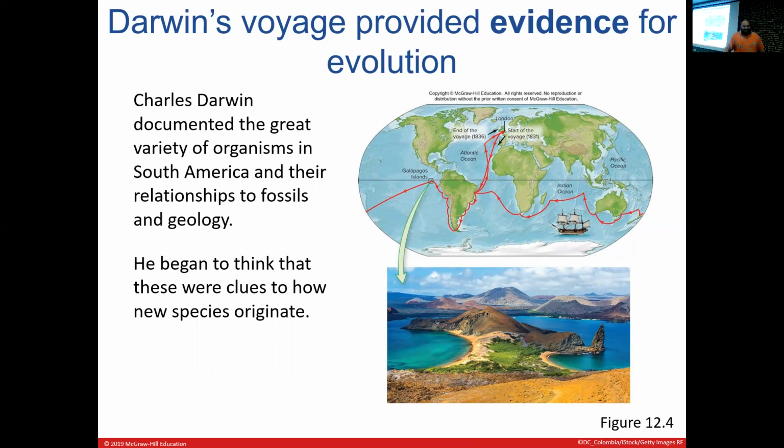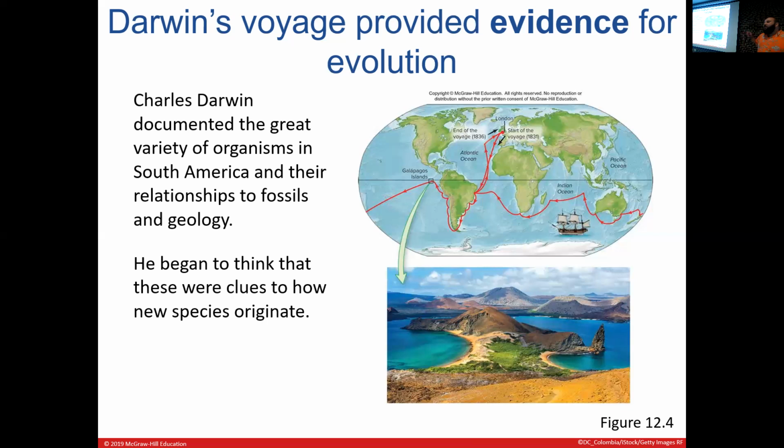The 1800s were wild, y'all. And as a result, he documented a great variety of organisms, particularly in South America, and the relationships of both fossils and geology. For instance, he documented some of the first giant ground sloths. Great example, think of the critter from Ice Age. That's ultimately what became our boring sloths that are now kind of cute. At one time, they were giant 20 feet tall plant-eating machines that could kill people pretty regularly, with claws about the size of that little desk table there.